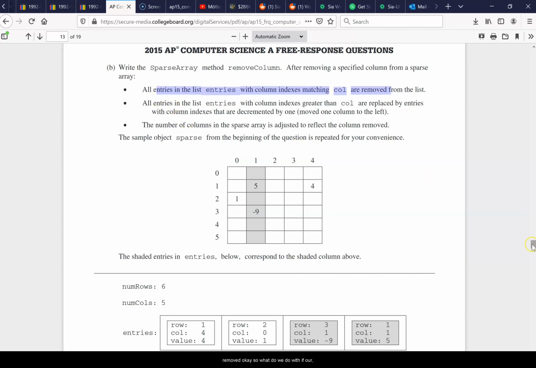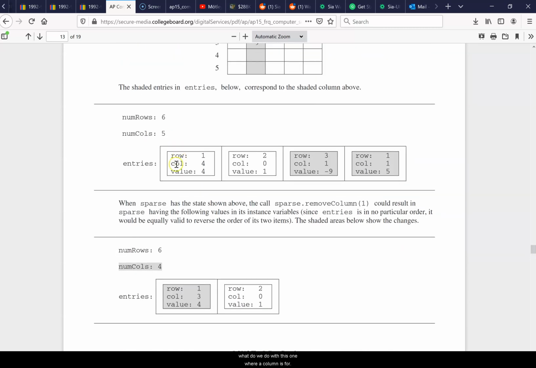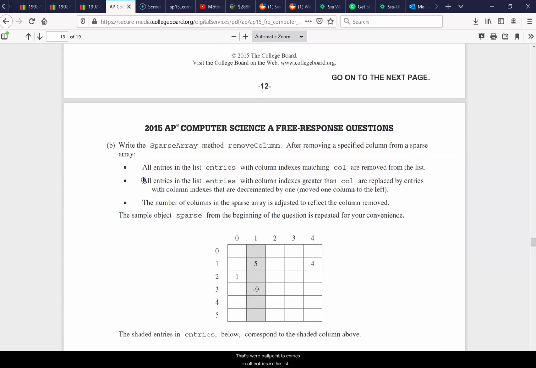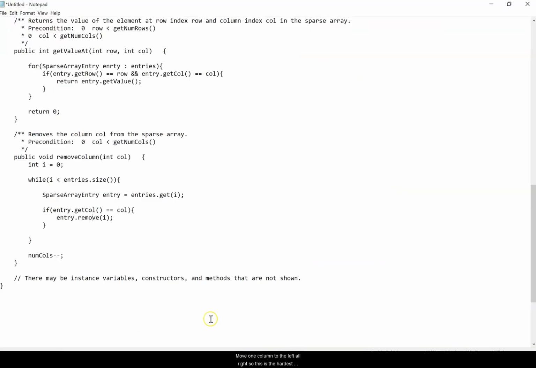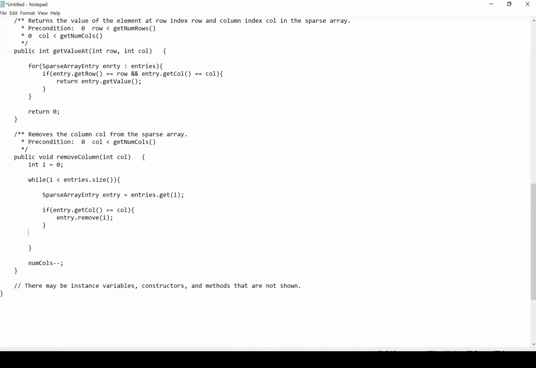So if our column that's passed in is 1, what do we do with this one where our column is 4? That's where bullet point 2 comes in. All entries in the list entries with column indexes greater than the call are replaced by the entries with the column indexes that are decremented by 1. Moved 1 column to the left. All right, so this is the hardest part of this whole thing. So we would say else if entry dot get call, if that is greater than the column that was passed in,